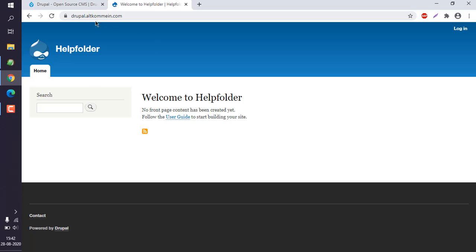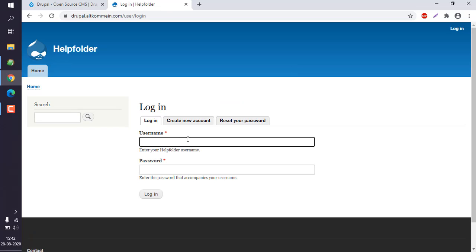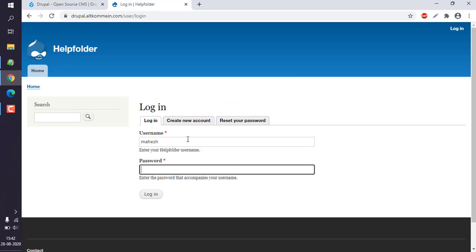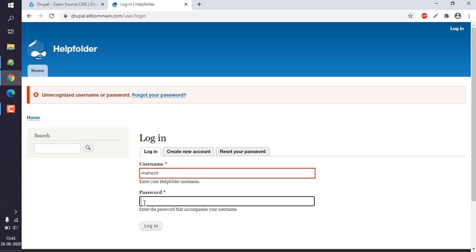Okay, now here I have my Drupal website and I'm going to log into it. Okay, now next thing, I'm going to add my username and password. Okay, so sorry, I think I missed something. Now once logged in, what we can do is